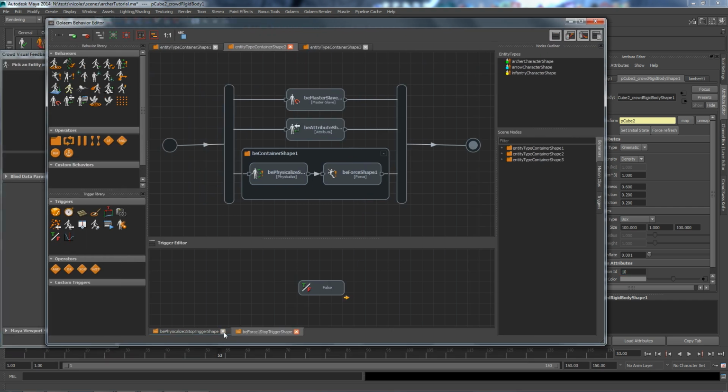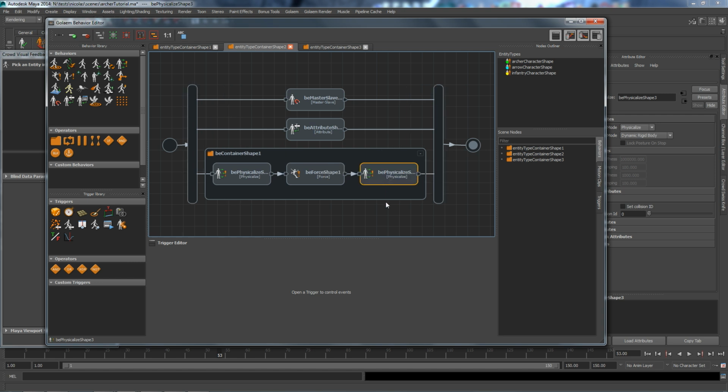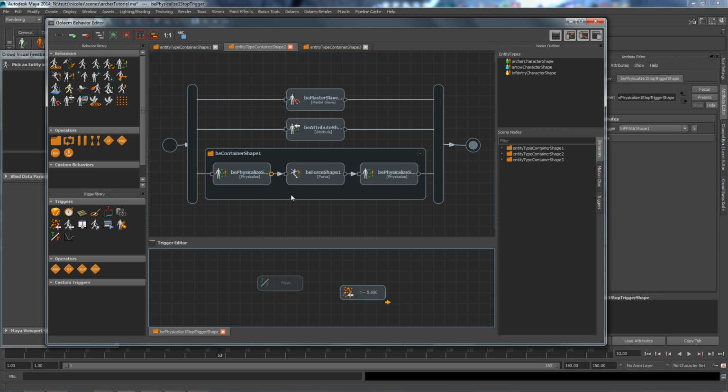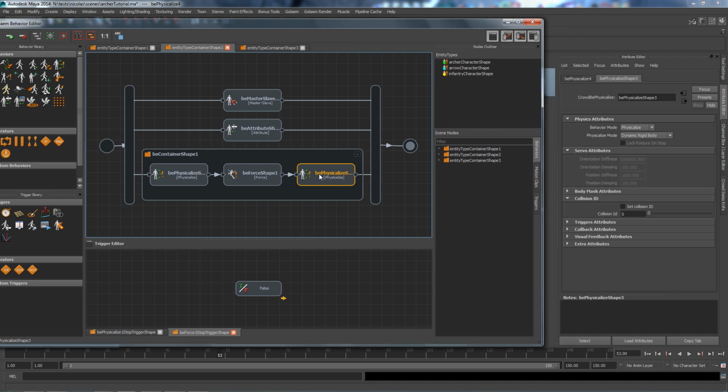So let's close those and figure out what to do. We can add a new physicalized behavior and put it next to the force. So I have my behavior here. As soon as my master ratio hits 68%, I'm going to go to the force. The default stopping trigger of the force behavior is set to false, which means right now it's blocking the signal, and we're going to change that a bit later. And then we need to go into the physicalized behavior and set it up to dephysicalize,